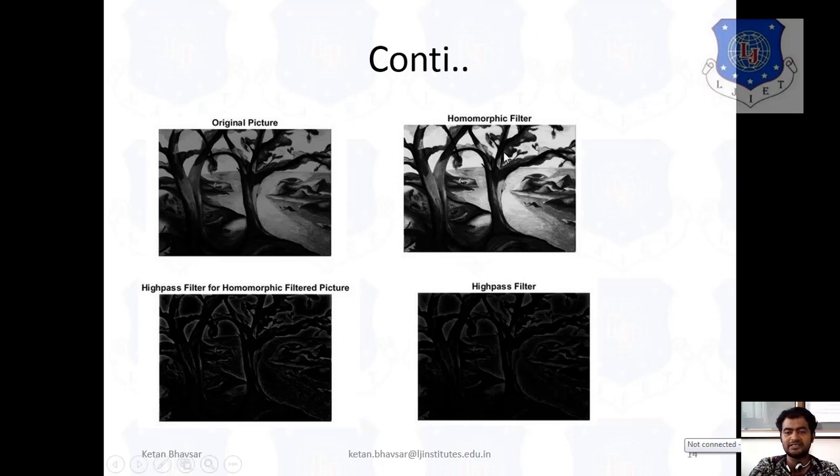So as you can see easily from here, your dark image looks brighter, and you can also see the sharp edges. Now after that, the high pass filter, homomorphic filter, and high pass only filter. So you are getting definitely better results in this image. As you can see from your vision point of view or from the graphical point of view, you can easily prove it. These images look better as compared to the other images.